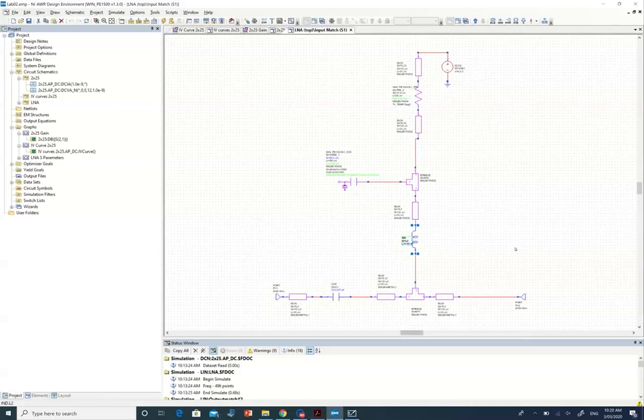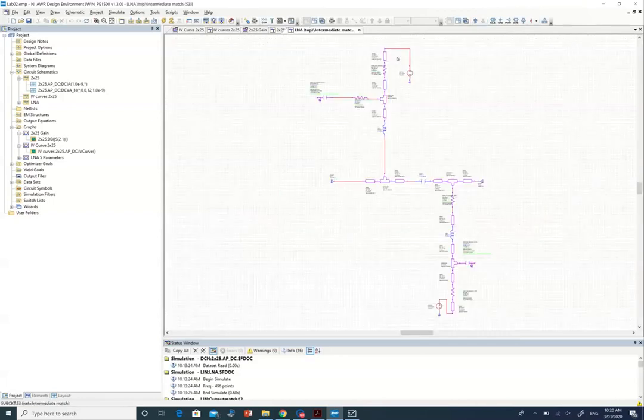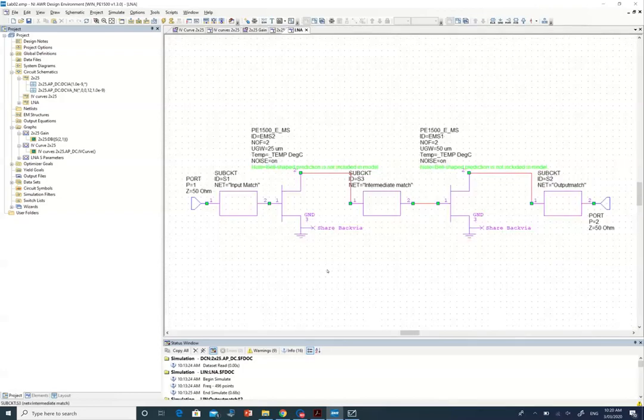Now that is the input match. If you go up, you have a similar intermediate match, and that's the drain. This provides the bias, and this provides the bias. So you don't need to know the details, but what you need to know is